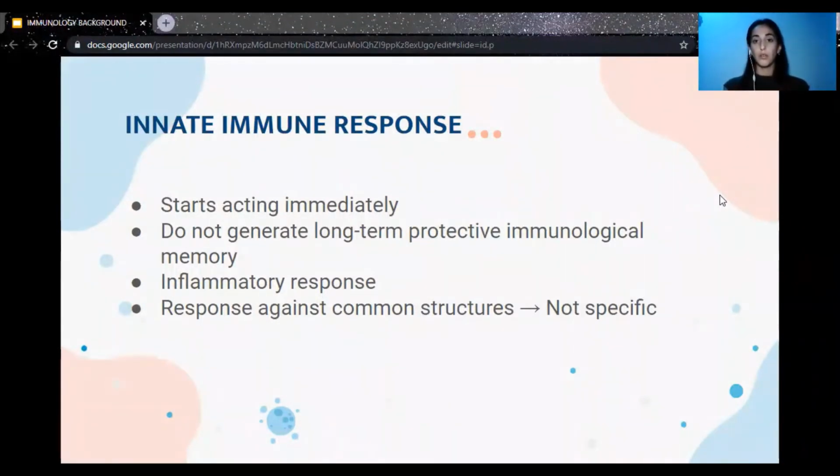So this pathogen is going to be immediately recognized by resident phagocytic cells, and the cells that are going to participate here are the cells that we mentioned earlier: the agranulocytes, neutrophils, eosinophils, macrophages, dendritic cells, etc. This innate immune response, however, does not generate long-term protective immunological memory, but it is accompanied by inflammation. The inflammation we are going to describe in the next slide, but it helps to recruit all the effectors of the